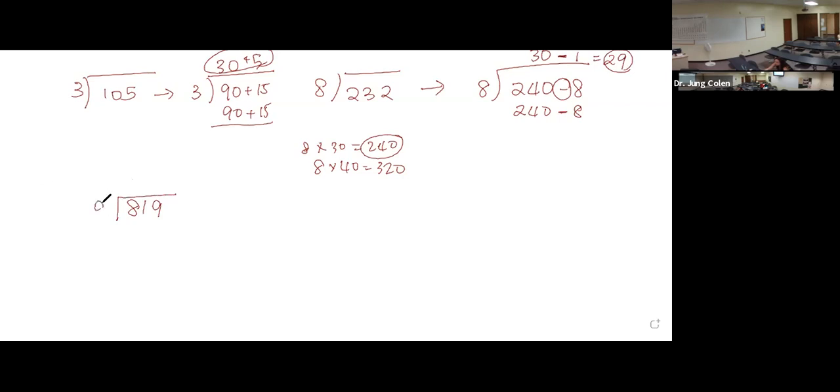819 divided by 9. Do them mentally. You don't need anything on your pencil, okay? Try to do this one first, and then I want you to think about